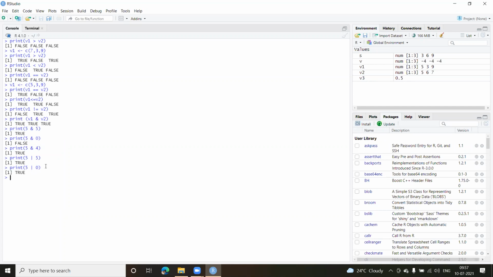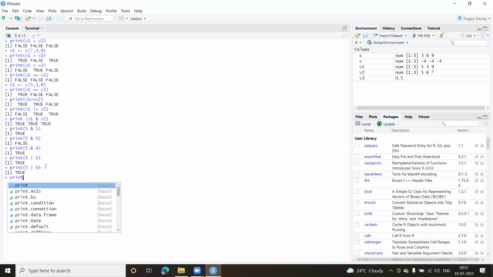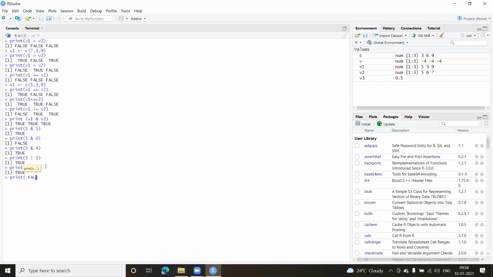In case I have both the values as 0 or false, I can also put it like this, guys. If I want, I can put false here, and I can put false and true. Let us put 0 here. When both are false, then false. If either one of them is true, then true. No problem. Had I put this as false and this as, say, 1, this would have been true, a non-zero number.